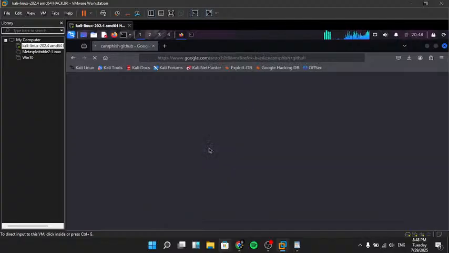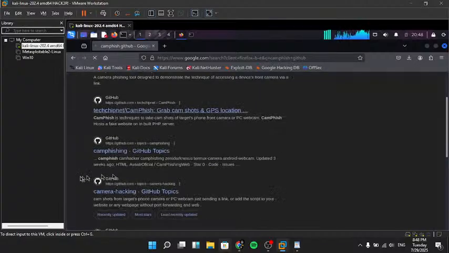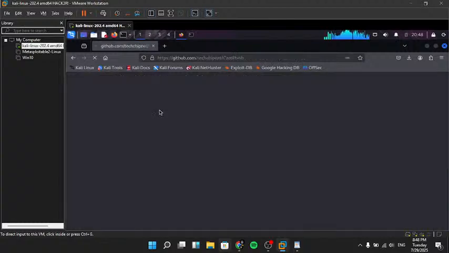Look for the link that has techchip.net. You can see the explanation beside it: grab cam shots and GPS location. Go to it and copy the code,